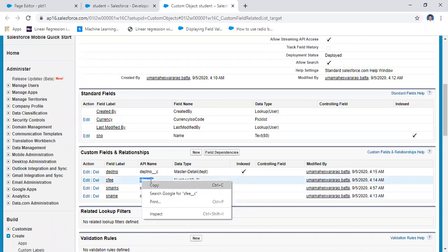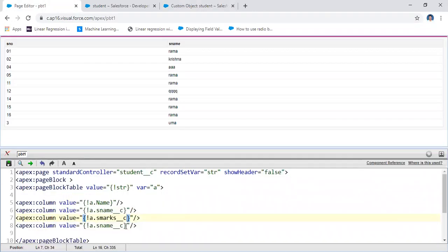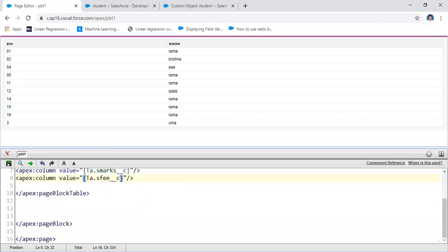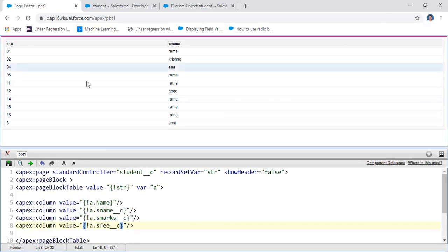I need the fee. I don't need the department. Yeah, student fee. Here for this one I need that information. I don't need all information. I need a certain kind of information that is stored into this variable.